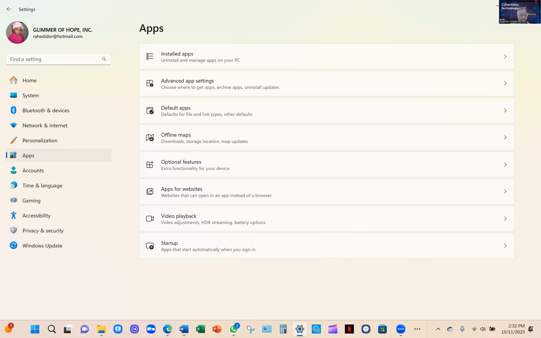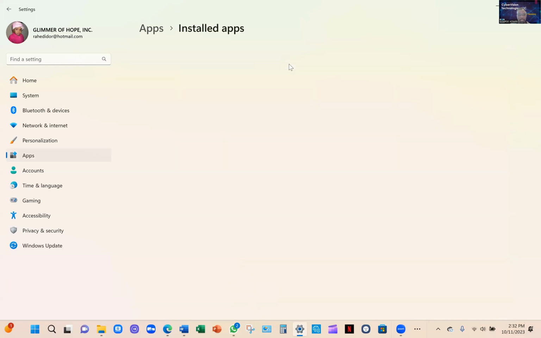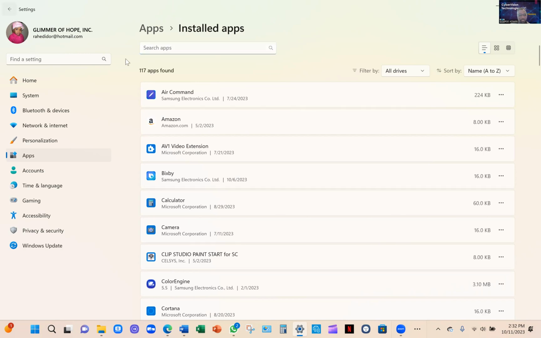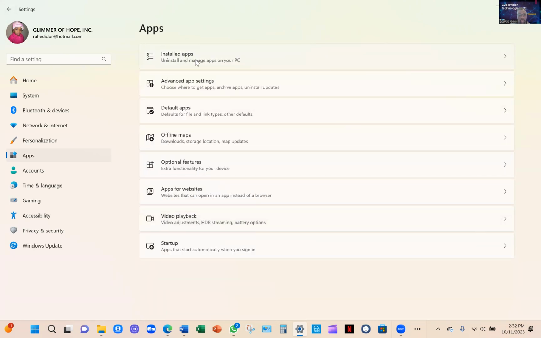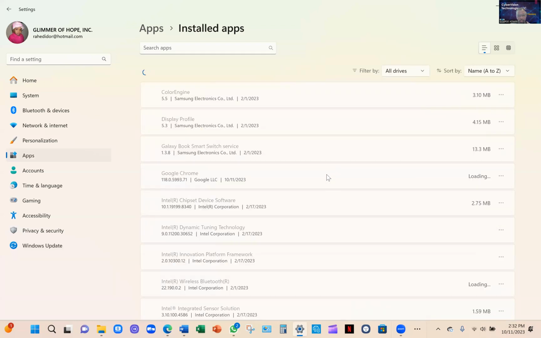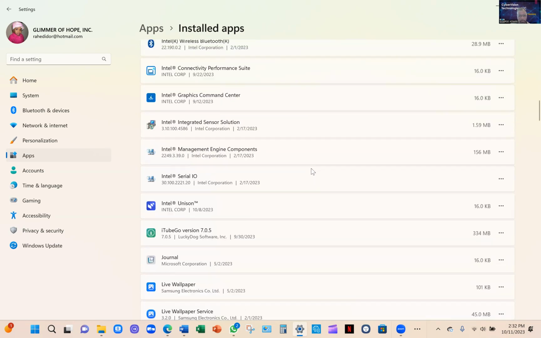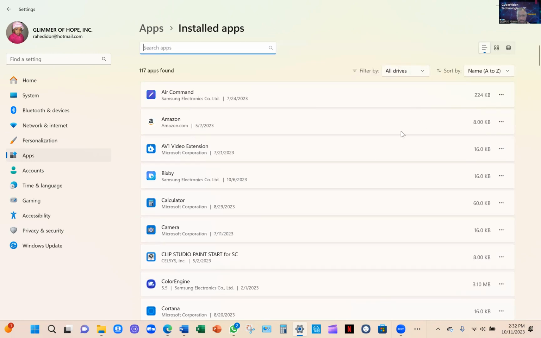So you go to settings, click on apps, and that will bring you here. And you will check whether your apps are up to date. When you click installed apps, all the apps in your computer, you have to ensure they are up to date. In my case, here are the apps that I have on this machine, and I have to ensure they are all up to date. And a way you can do that,